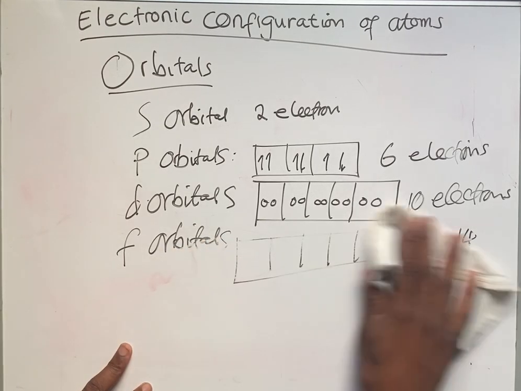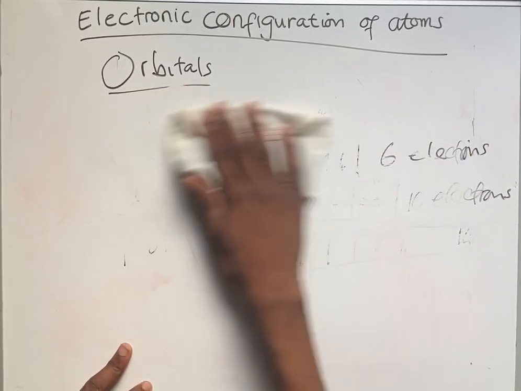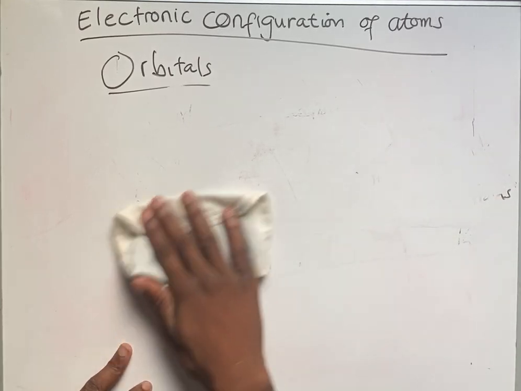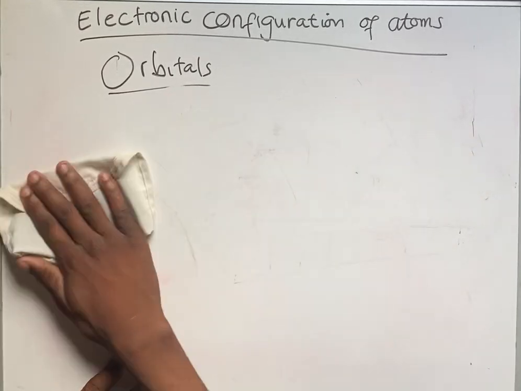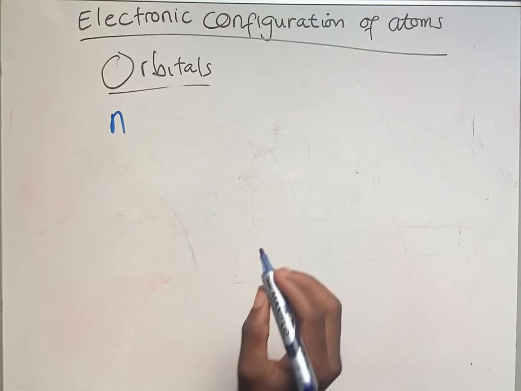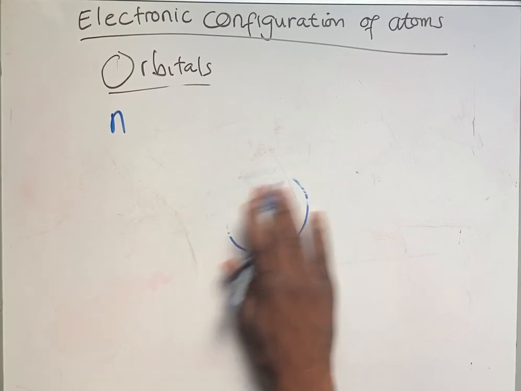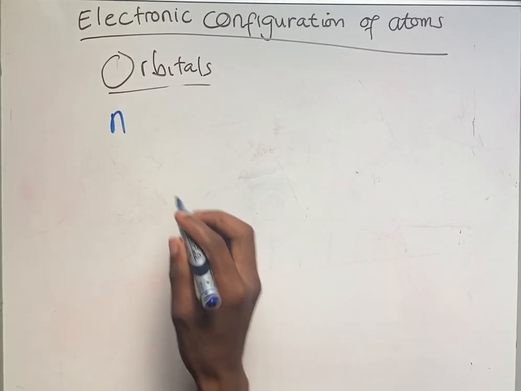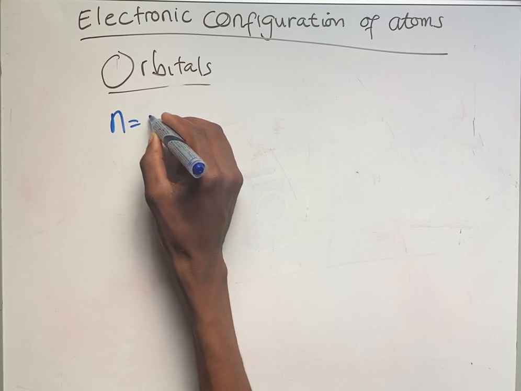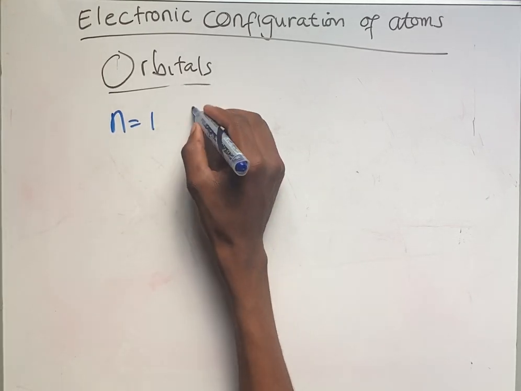Once we know about these orbitals, the s orbital, the p orbital, the d orbital, and the f orbital, you need to learn how to arrange these orbitals. Where exactly are they found? First I'm going to use the letter n to represent the shell number. When we draw the electronic structure, we have shell number 1, shell number 2, shell number 3, just like that. When n is equal to 1, it has only one orbital, which is the 1s orbital,